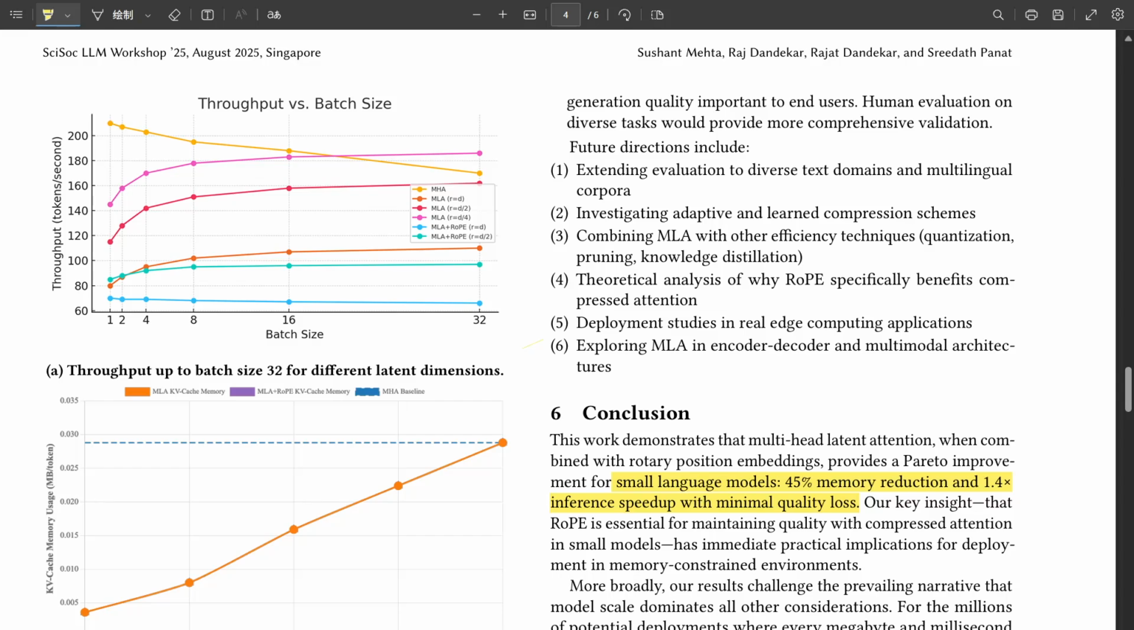But going back to R, the compression level, there must be a point where you compress too much and quality just falls off a cliff, right? Absolutely. You can't compress indefinitely. And the study observes what they describe as a critical phase transition. This seems to occur somewhere around RE16 in their experiments, so compressing the latent dimension down to 1/16th of the